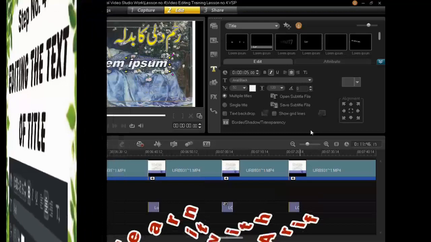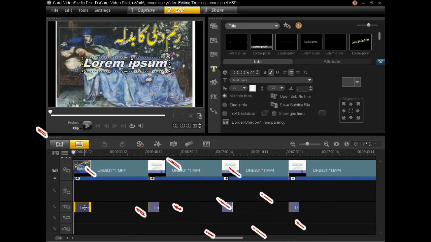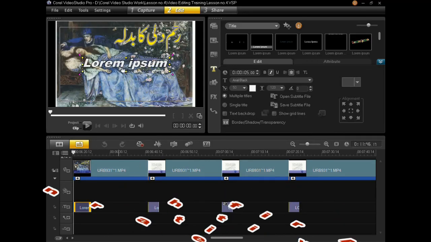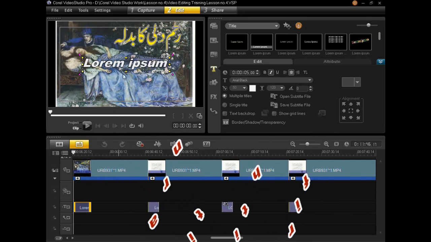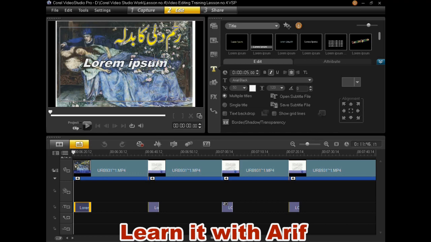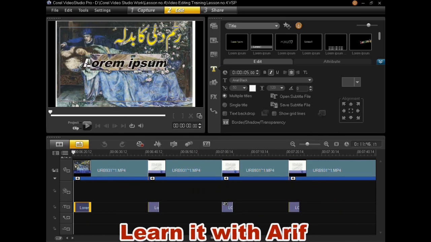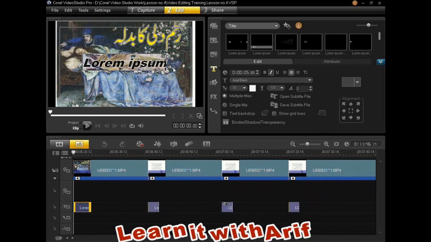We also can edit the text of the title. Similarly, double click the title. You will see the text box appear in the preview window. Double click in the text box and select the text. Type your desired text.